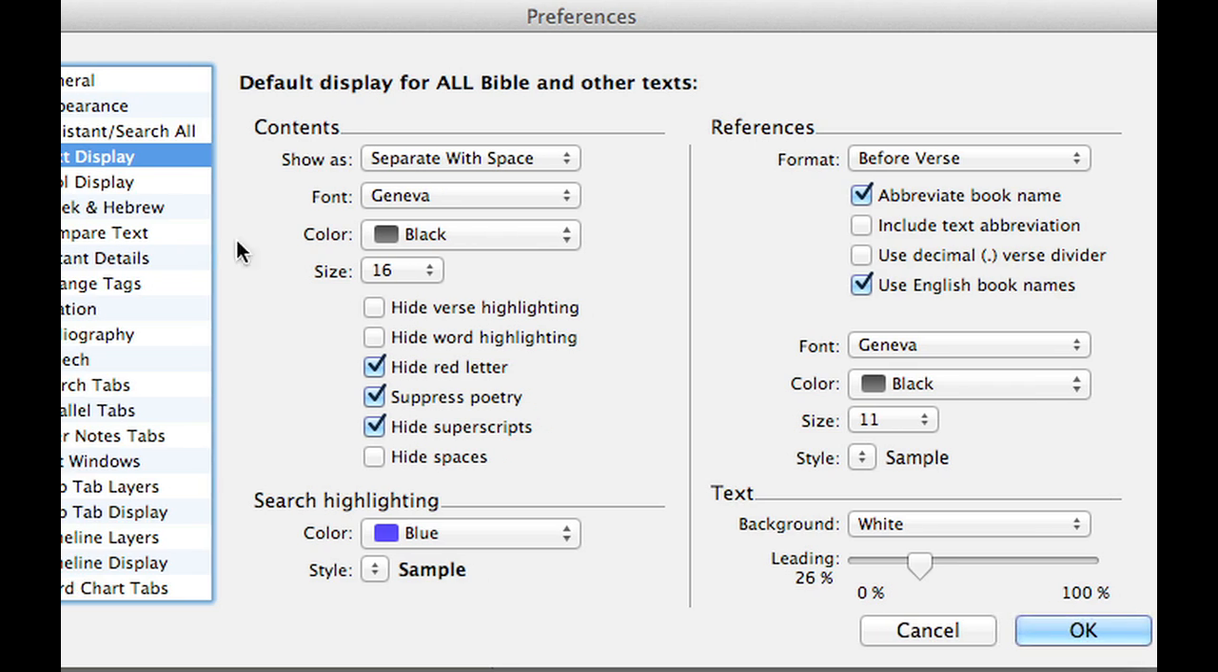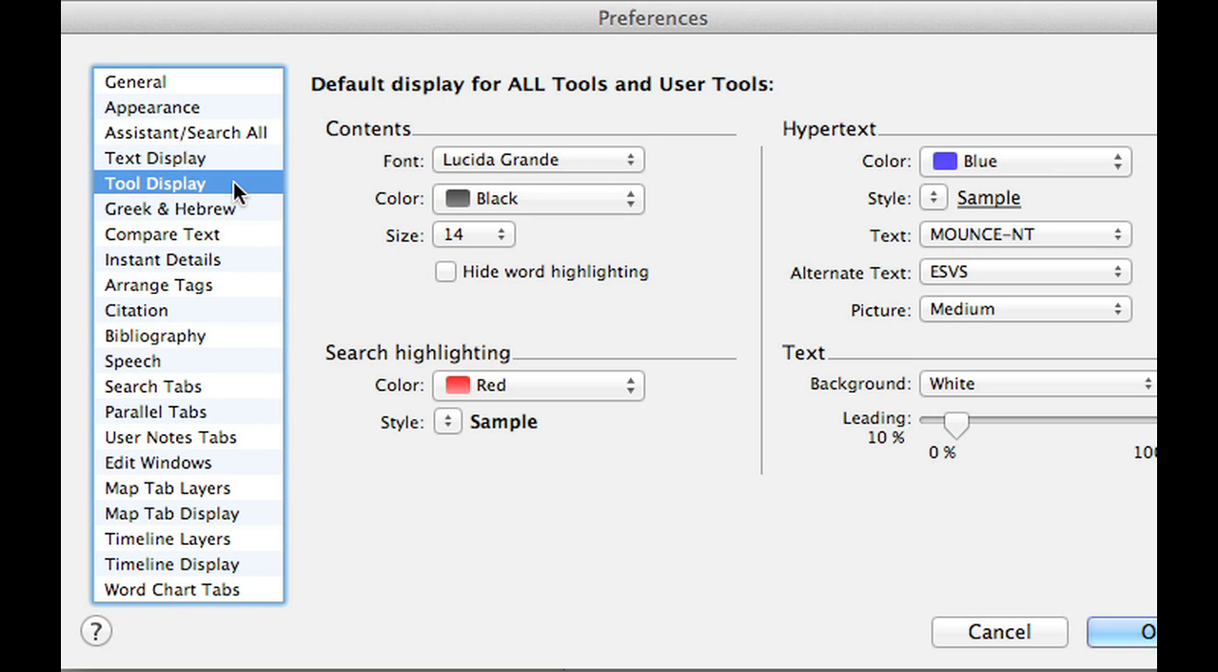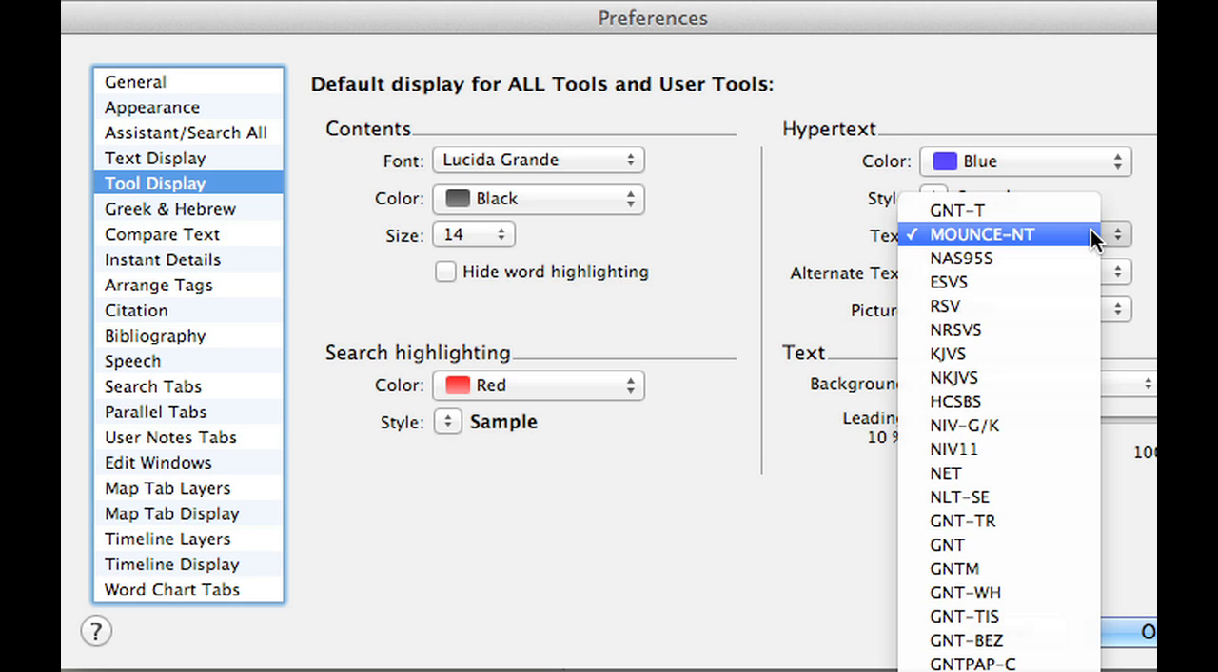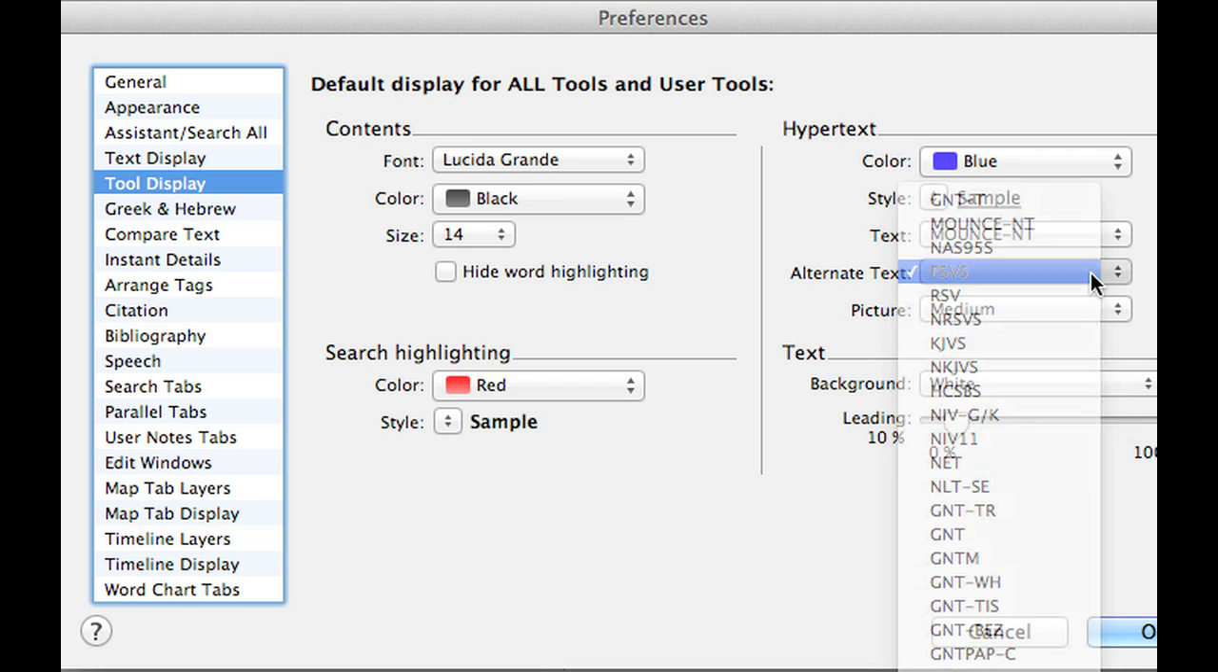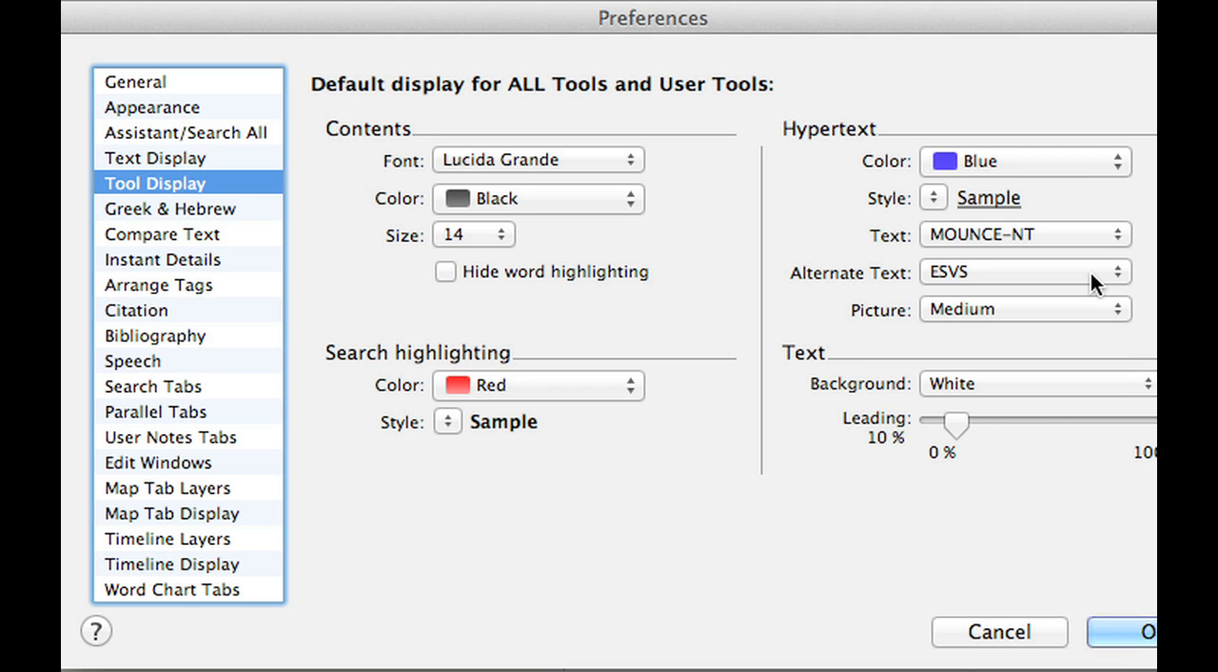You go on to tool display and you have basically the same kind of settings, but now these are the default settings for your tools, dictionaries and commentaries and things like that. If you go over to the hypertext section, you can see that I have the default text set to Mounce, and then the alternate text I have set to the ESV. This is an important setting, especially the alternate text. If you're doing a mouse over a reference, and if the Mounce text doesn't have that reference,